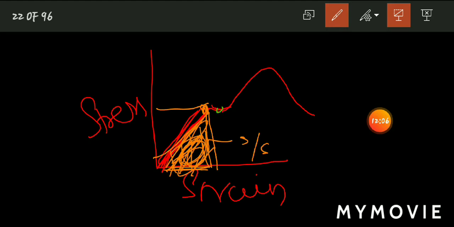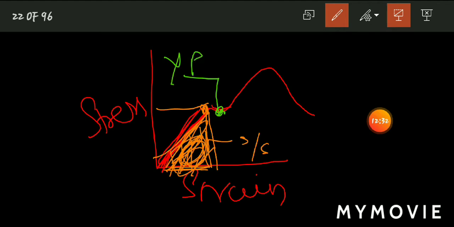So consider this point is the start of the plasticity, because you can't exactly point out a point where the elasticity has stopped and plasticity has been attained. So in that case you will take an offset, that is 0.2% offset taken by scientists, and that point is considered as the yield point or the yield stress.